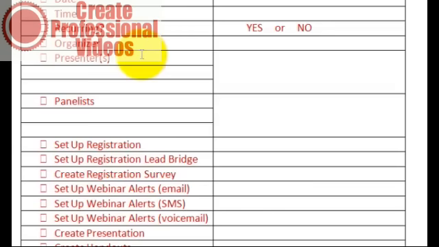For instance, there are presenters. In many cases, the organizer of the event will be the presenter or the main presenter of the event, but not always. So if the organizer is not going to be the presenter, then the organizer needs to assign whatever permissions are necessary for the presenter or the presenters to be able to share the control of the webinar, to be able to show their screens, to be able to show whatever applications they have, whether they're showing presentations or working online or managing chat or whatever. So you put their names here, whatever notes you want.